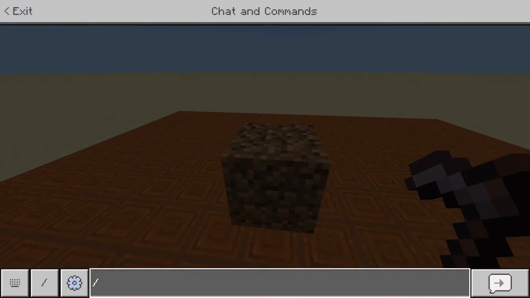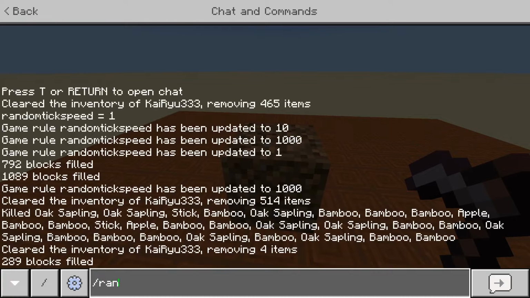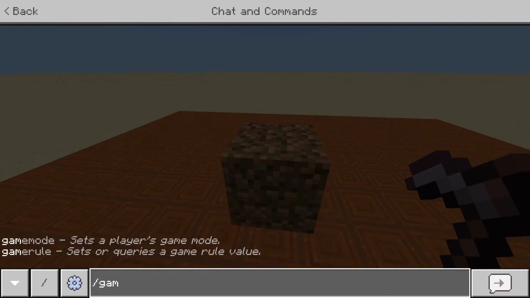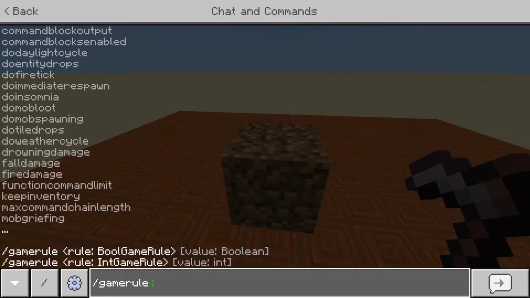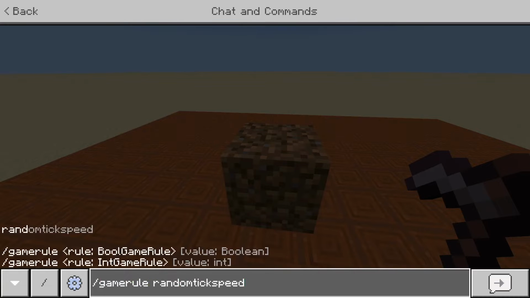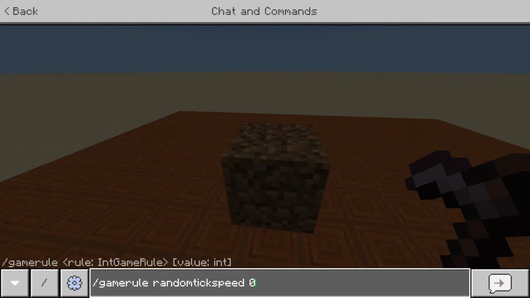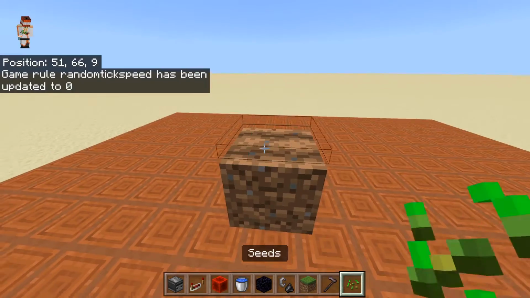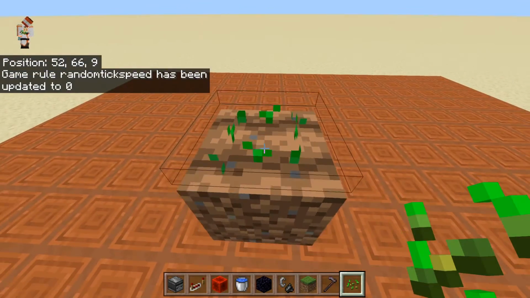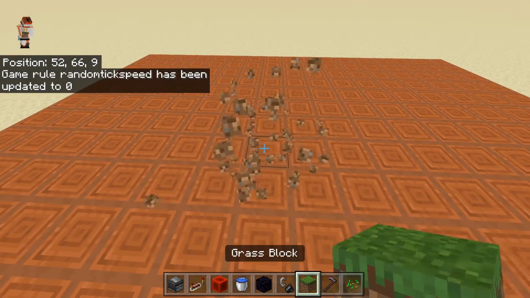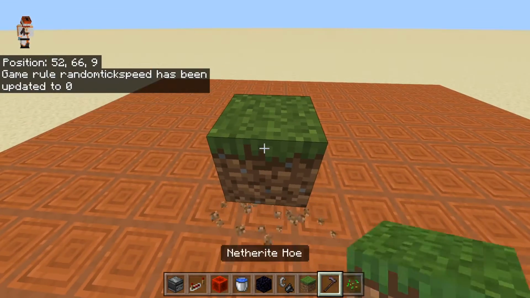Oops, let me set the random tick speed back to 1. Actually, I'm going to set it to 0 to show that this crop will never grow because it will never get updated. And removing this is what